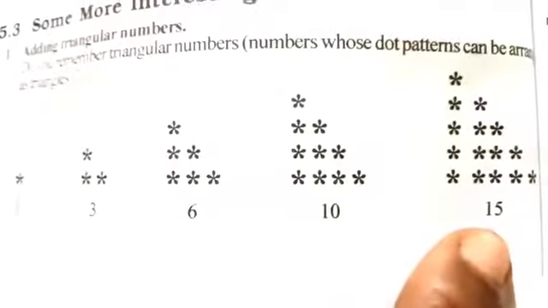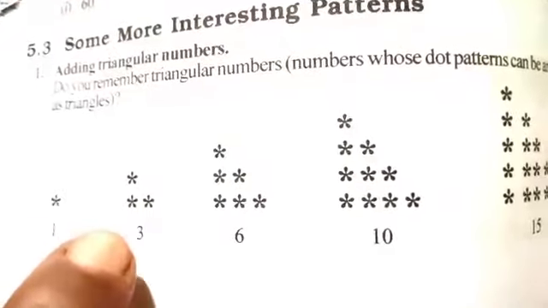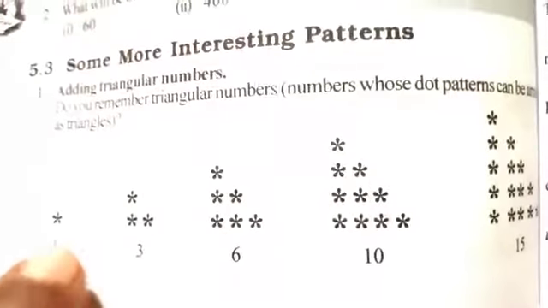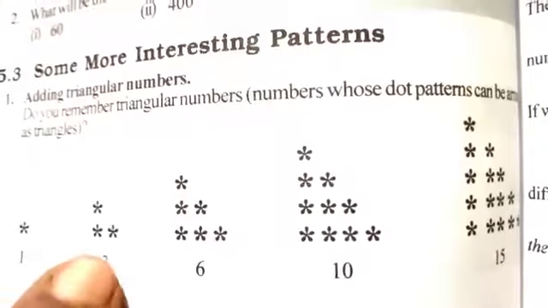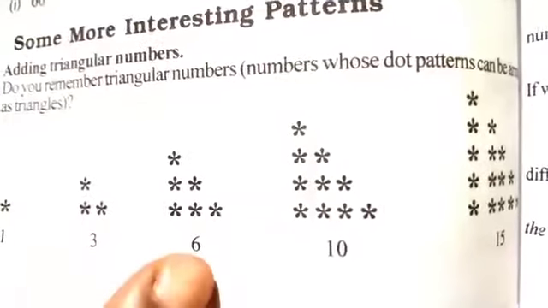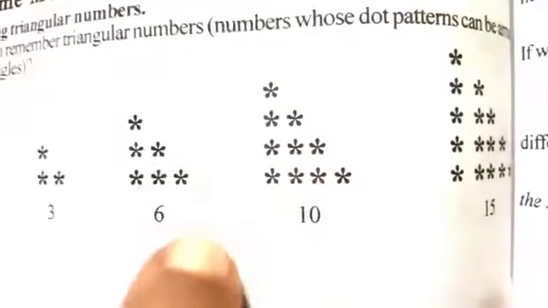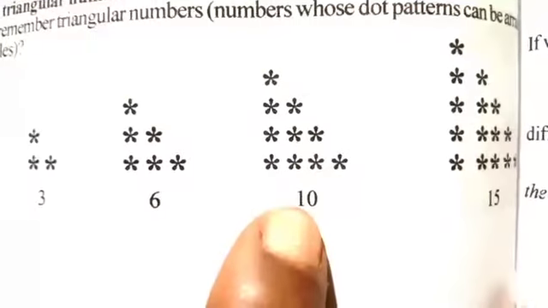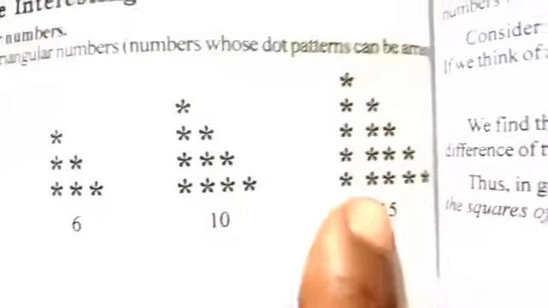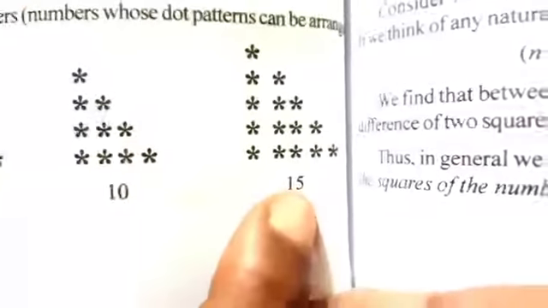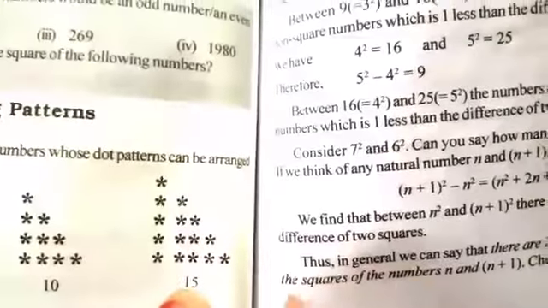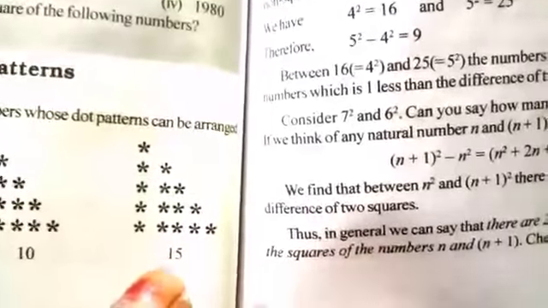This is called adding triangular numbers. First is 1, next is 2, that is second means 2 we should add with this. Next is 3 means 3 we should add with this. Next 4 means 4 along with the 6, 4 we add, 10 will get. Next 5 we should add, 10 plus 5 is 15. Next number we have to add 6, 15 plus 6 is 21 will get. Next one we should add with 7, like that.